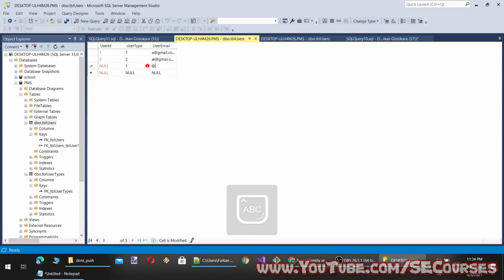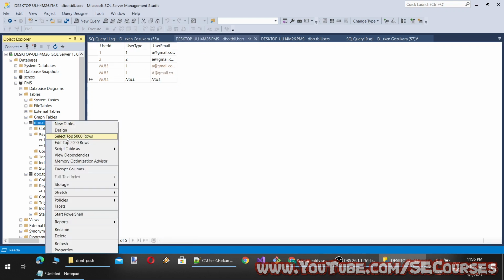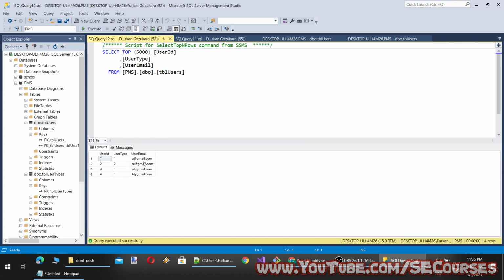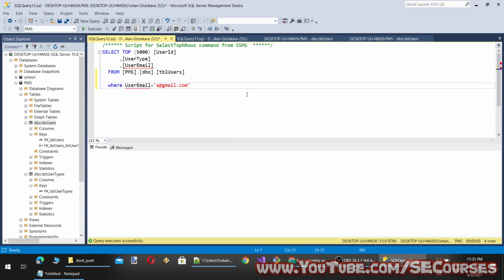And a@com. Okay, 1 and a@gmail.com. Okay, so right now we have multiple users with the same email, such as where user email equals this. You see, 3 emails are the same.